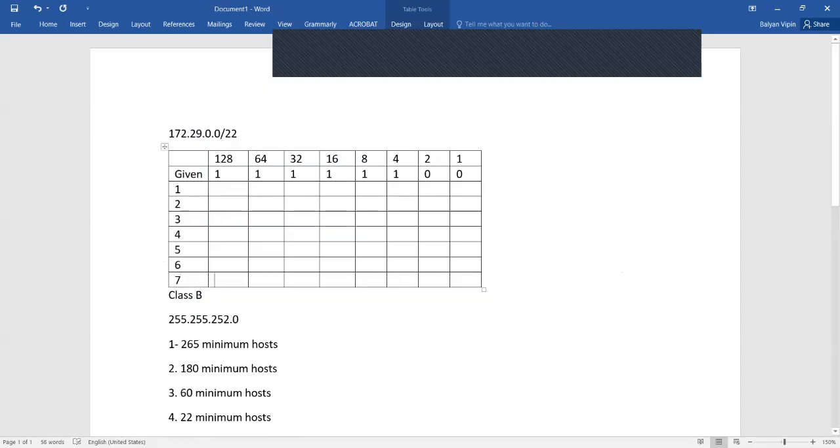So you have 7 columns, 7 rows, and there's a column for each of the bits for all of them.